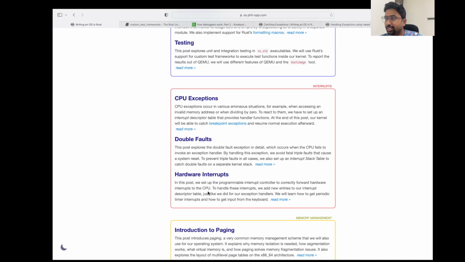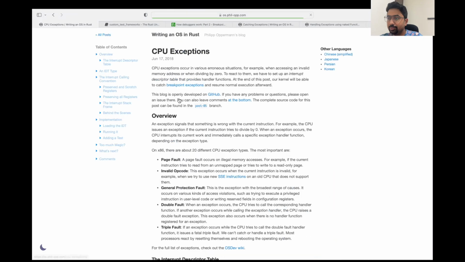Okay, I have created some notes for today's talk. In layman's terms, a CPU exception is a scenario where something is wrong with the current execution. For example, some invalid instruction is being executed, or a divide by zero type of error has occurred. Such error scenarios are exceptions, and the CPU or our operating system needs to handle